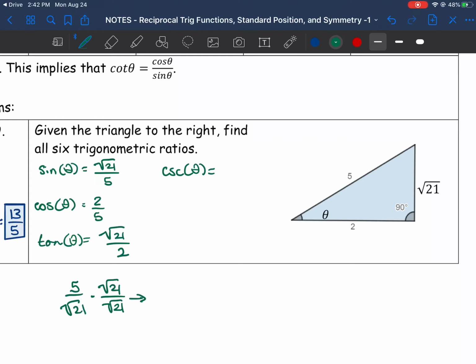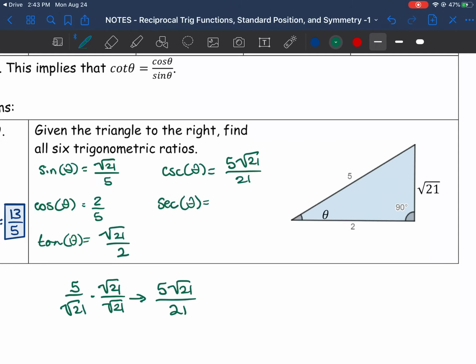So this is going to give us 5 square root of 21 in the numerator, and in the denominator, square root of 21 times itself, square root of 21, is just 21. So the cosecant of theta, simplified, will be 5 square root of 21 over 21. Okay? The secant of theta,